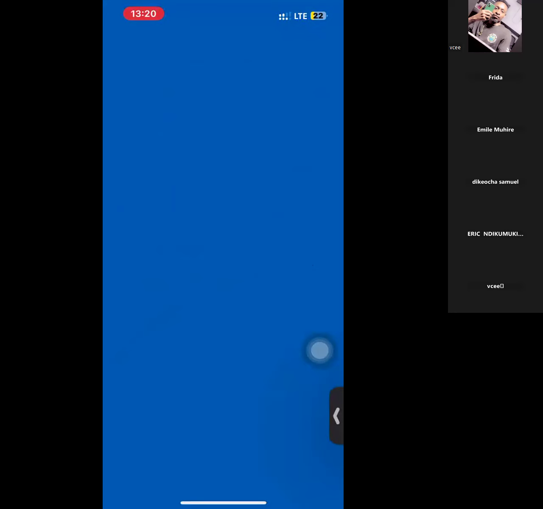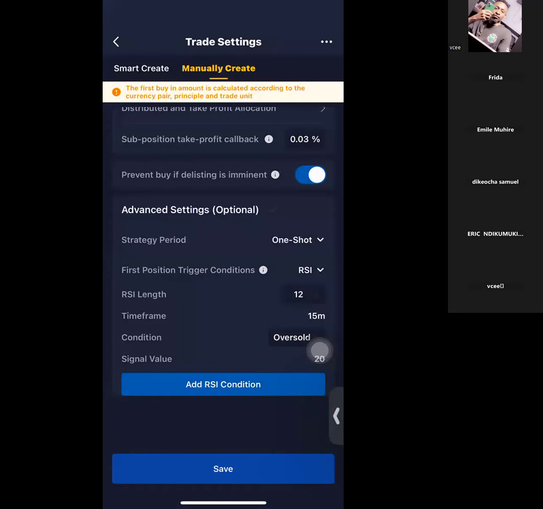So we are moving on from here into trade settings. I think we have about 20 minutes left for the meeting. The remaining 20 minutes is what we'll use to do trade settings. I know some people requested trade setting yesterday, so I'm going to go straight into trade